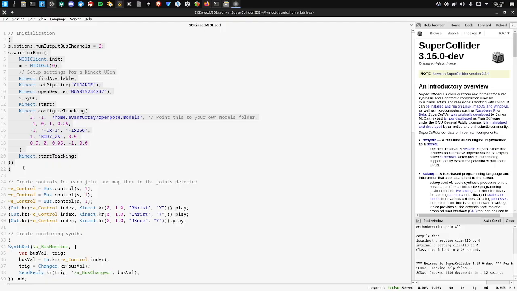I will show. So the first step is initialization. First thing we want to do is set the number of output bus channels to 6. This is just something I do for my at-home surround setup, which is a 5.1 channel, which means there's 6 channels. But it's not something that's necessarily required for this, since I'll be using the audio from my iPad. And then the next thing I do is I prompt the server to boot up when I run this line